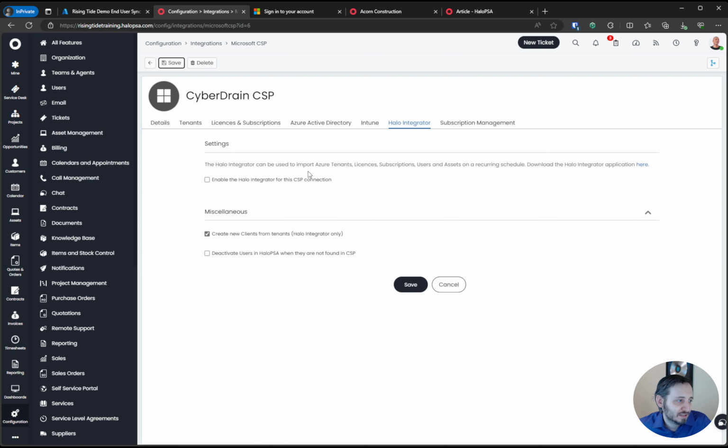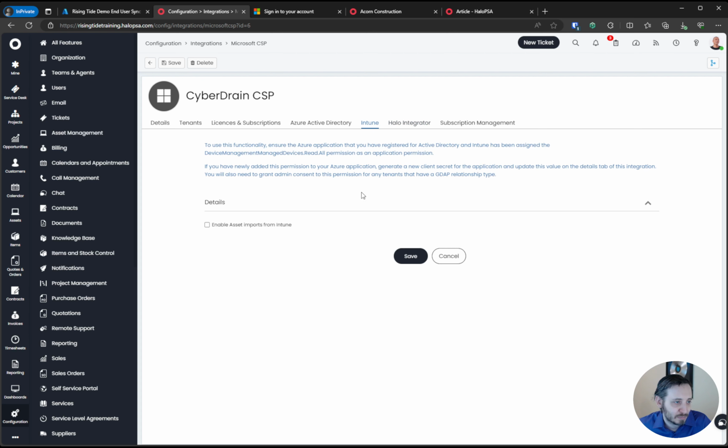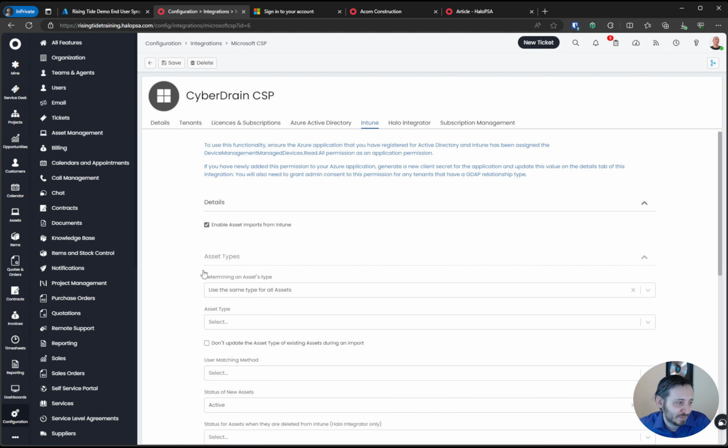With that being said, I think we can talk about InTune for a moment. So if we turn this on, we have the ability to define how those devices come in. So what we're going to talk about also applies to a bunch of different RMM integrations. They may apply differently, but they all have similar behavior, and you can kind of translate what I'm saying